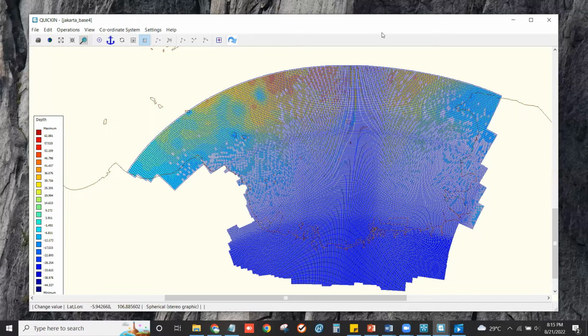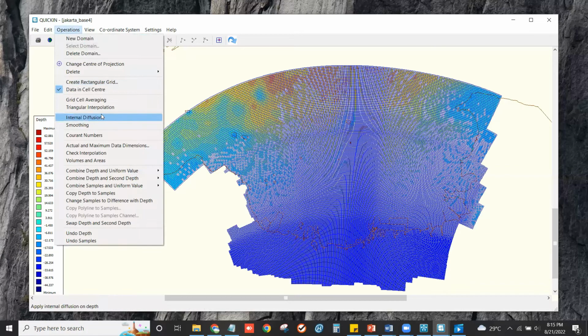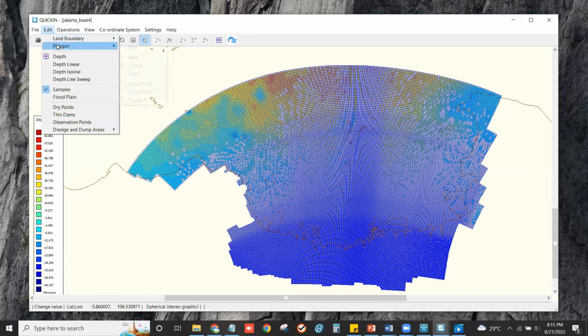If there is an unfilled grid or zero-value grid, we can use the internal division menu. Before using this menu, we create a polygon around the grid. We try.